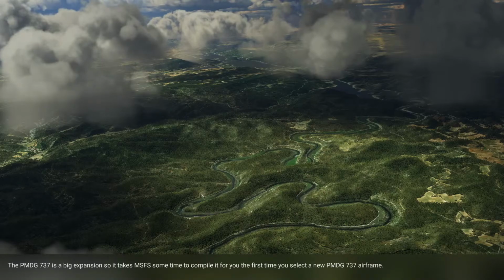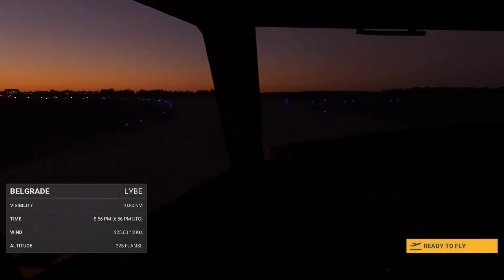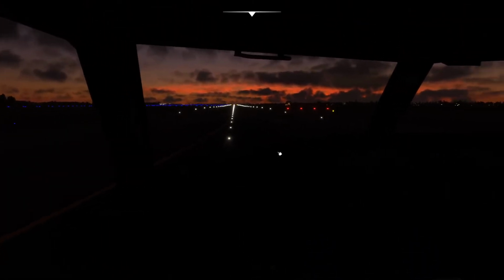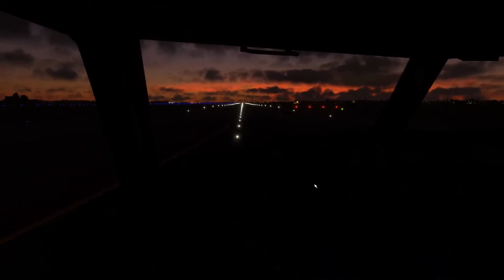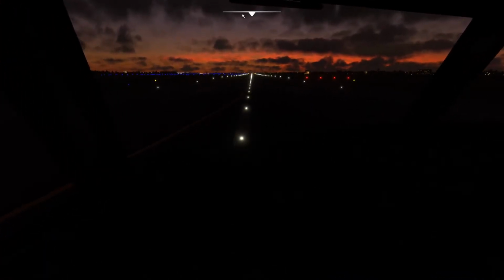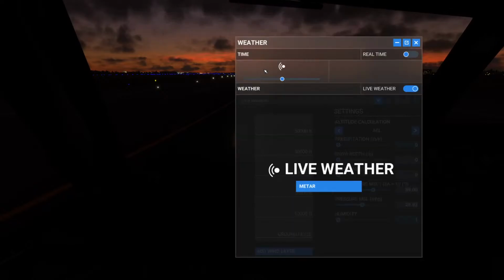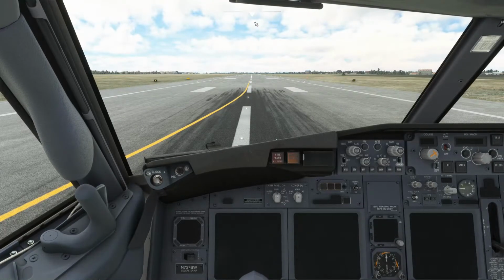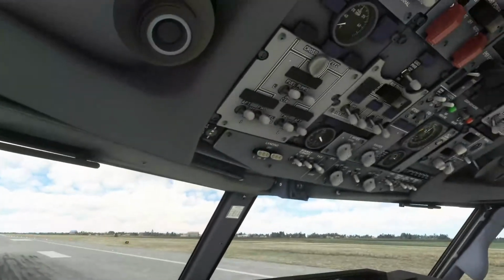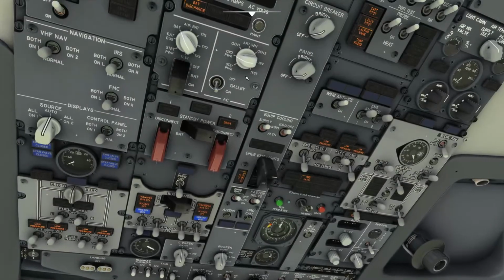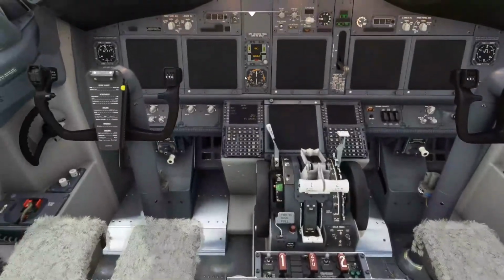All right, so that's good. Looks like this is good now. We are at the runway, but the aircraft is in a cold and dark state. Let me disable Tobii eye tracker here. We're gonna change the time of day. Let's see here, that's good. Right there. We'll leave the weather alone for now. But what we need to do is come here and change the